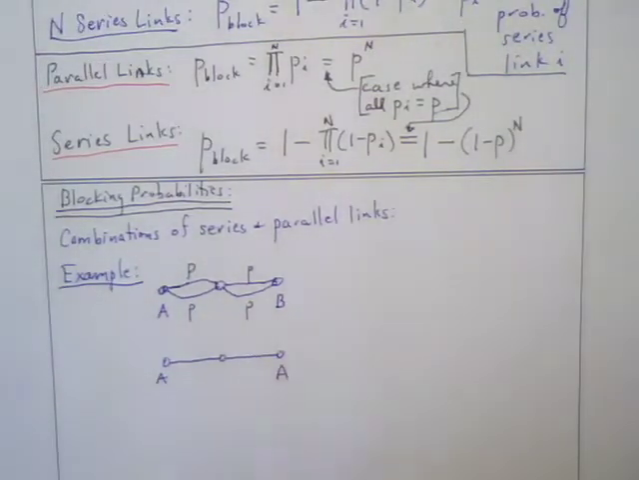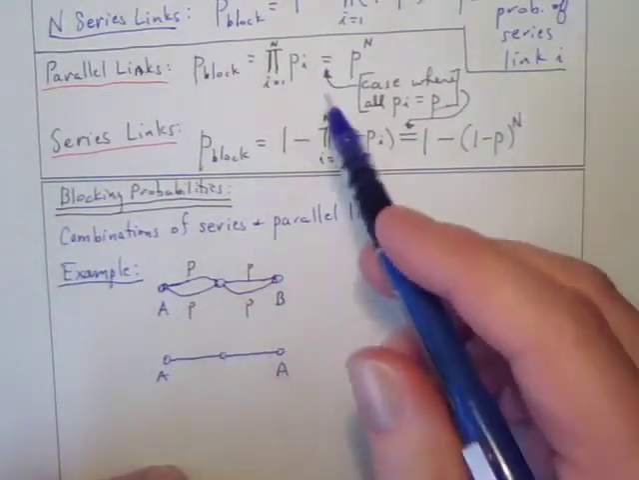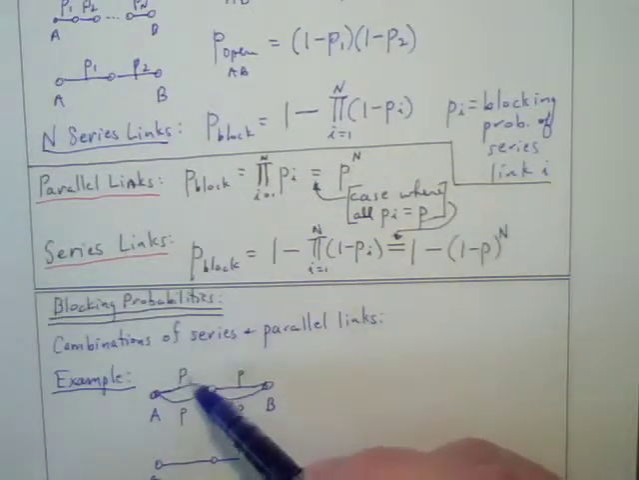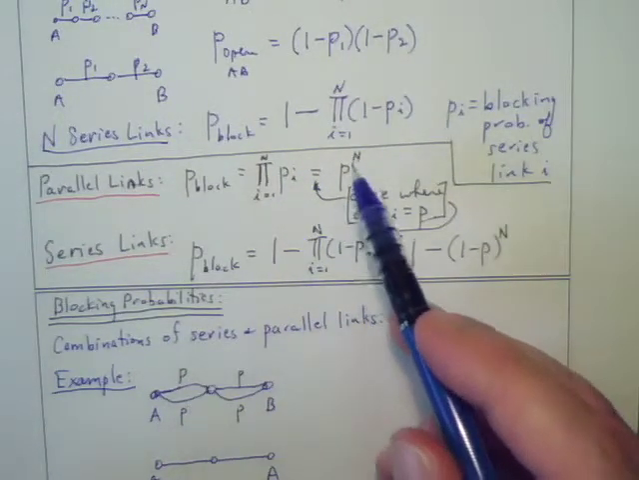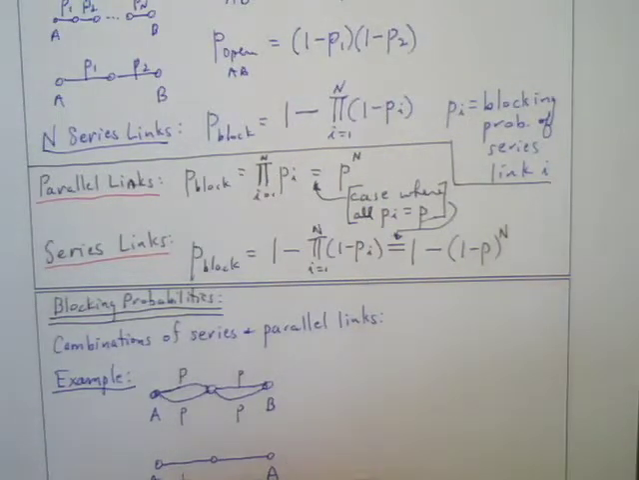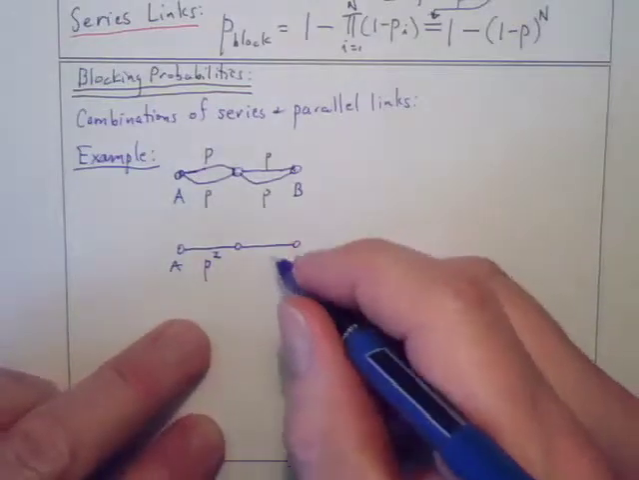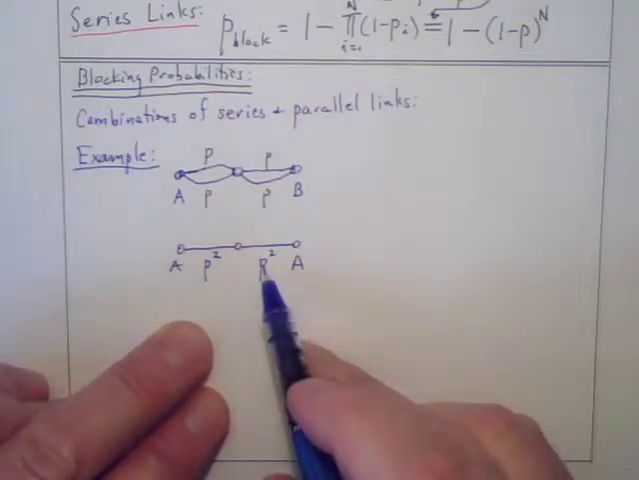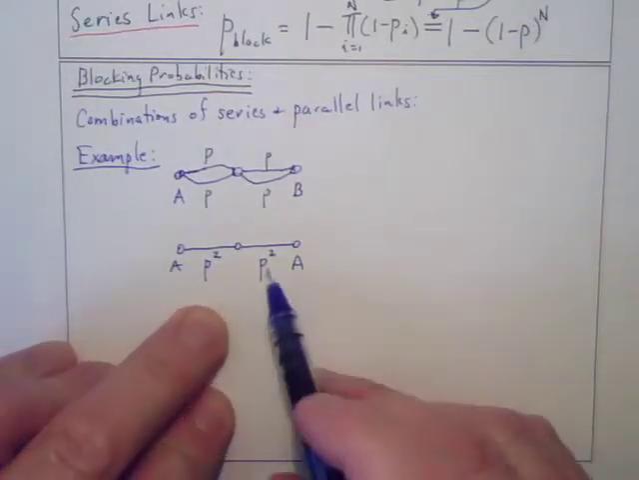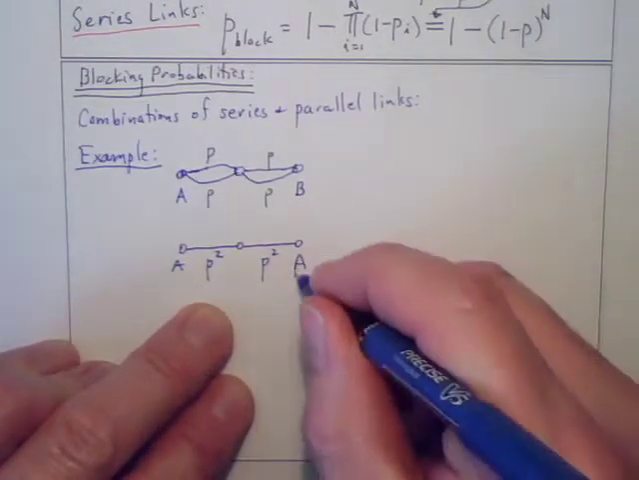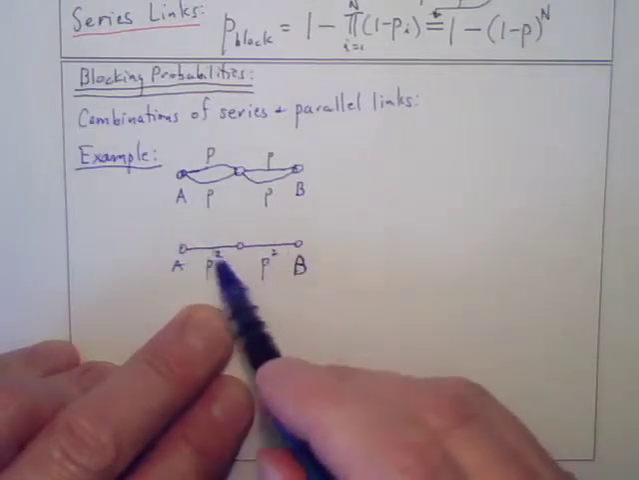It turns out that when we have two links in parallel, the blocking probability is the product, or if they're both the same blocking probabilities, it's p raised to the nth power. So this first link has a blocking probability of p squared. The second link has a blocking probability of p squared. Okay, but now we've reduced this to a simpler problem where we have two links in series